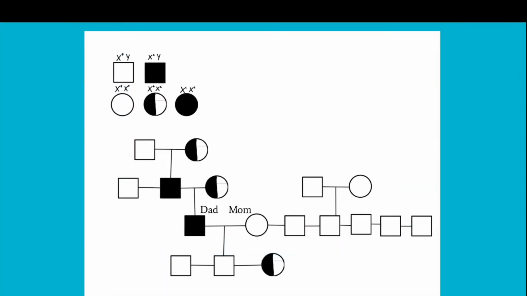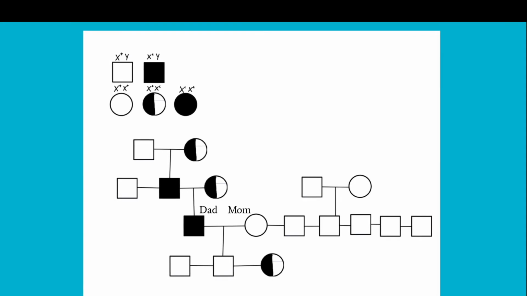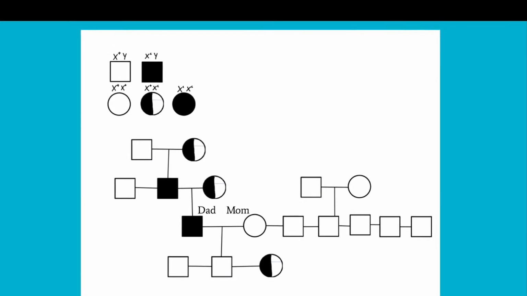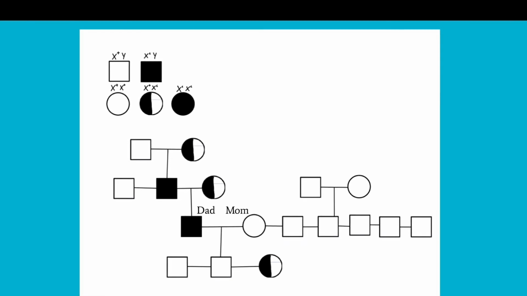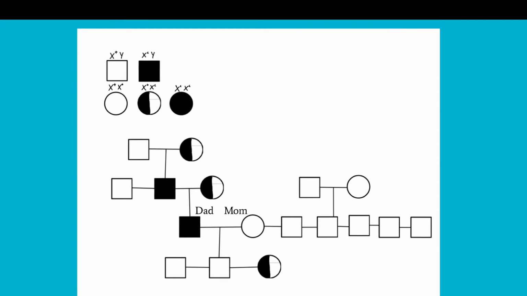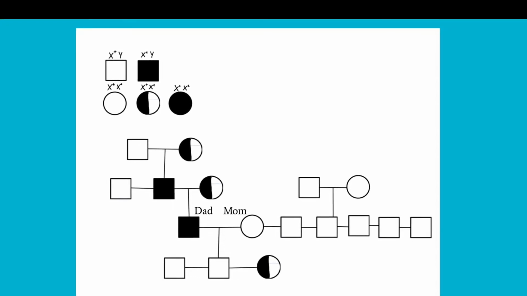Looking at this pedigree of my own personal family, we can study how color blindness has affected my family. Non-shaded squares and circles are unaffected males and females, completely shaded are affected individuals, and half-shaded are carriers. One can see there are no half-shaded squares in the pedigree, as color blindness, being an X-linked trait, cannot produce